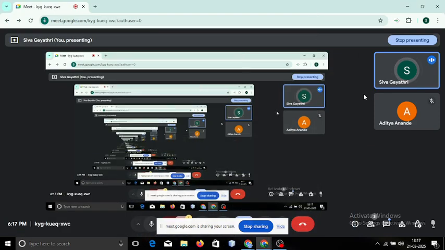So in our today's class, we'll be seeing about the login page. That is your fourth task. And coming to the login page, if you have completed your first task and second task, like we have